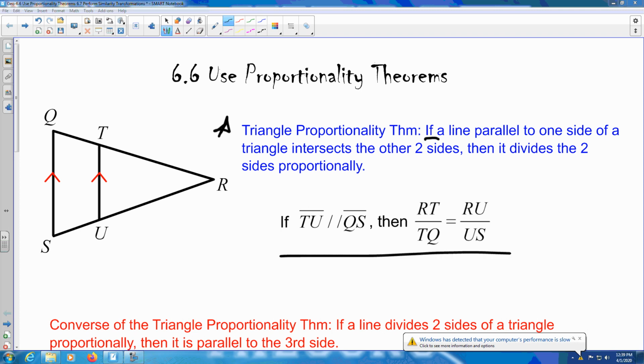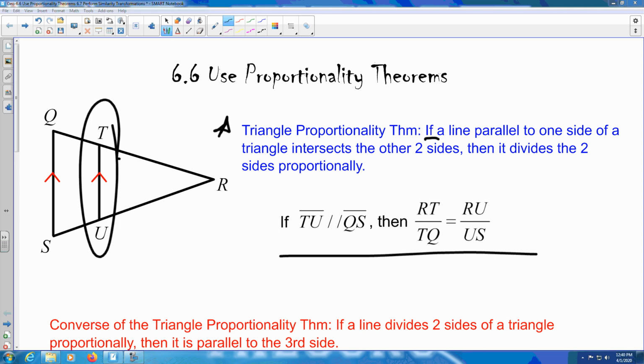So here we have our if-then statement, which means that if, in this case, TU, so TU is right here and QS is right there, if those two line segments are parallel, then they are saying that RT, which is right here, over TQ, which is here, is going to be proportional to RU, which is right there, over US, which is right here,